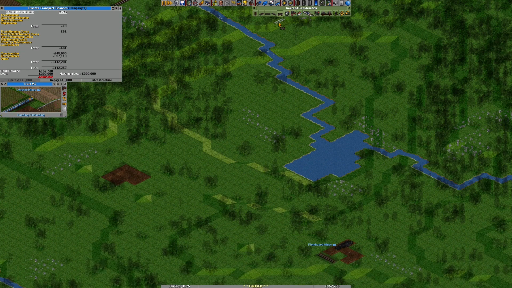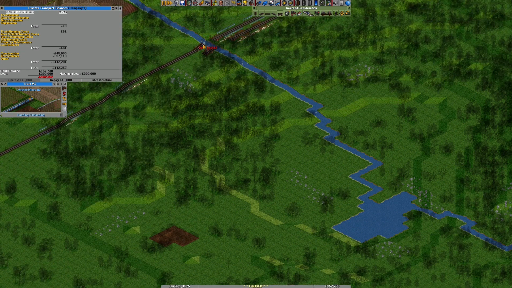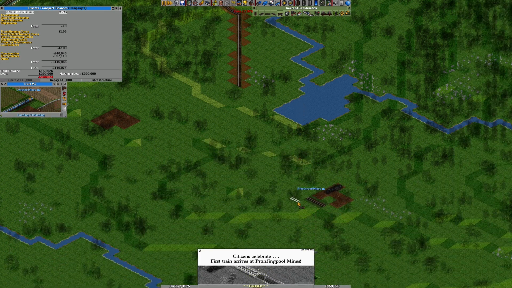But that's rather important. I'm thinking maybe the approach I want to take is I want to come down here to connect it up. Probably not a bad idea. We'll come up here. Yeah, we can get a connection up there if we just extend this over by 1 tile. And then finally,